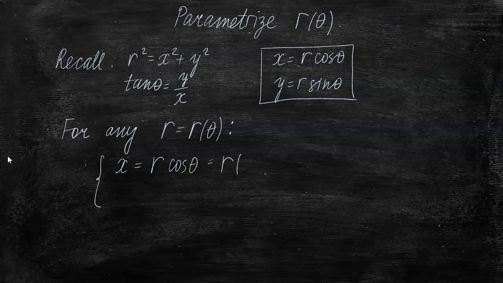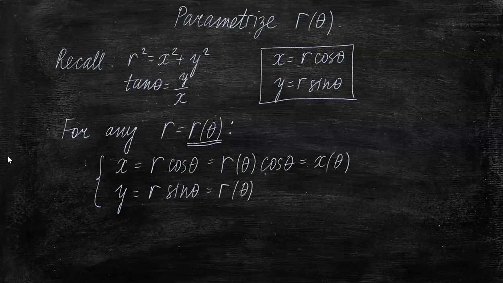So if I replace r with the expression provided in the definition of r here, then I'm going to end up defining x as a function of theta. Similarly for y, if I replace r with that expression of theta, I will be able to define y as a function of theta. And therefore, the following set of equations